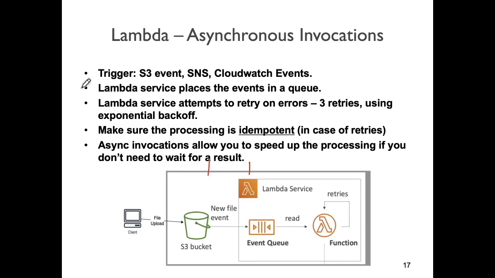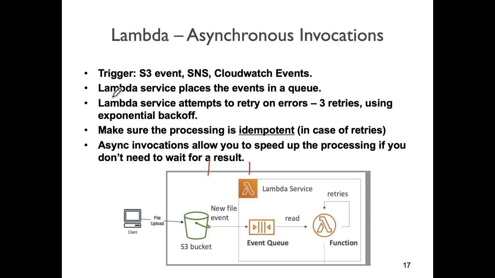So the Lambda service places the events in a queue. It will trigger your Lambda, and the Lambda will process a batch of events from the queue. If for whatever reason the Lambda crashes, we needn't get into the details of why, then